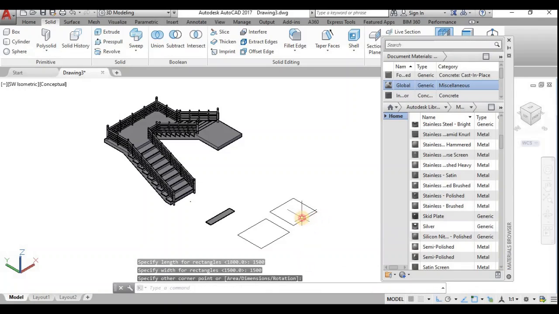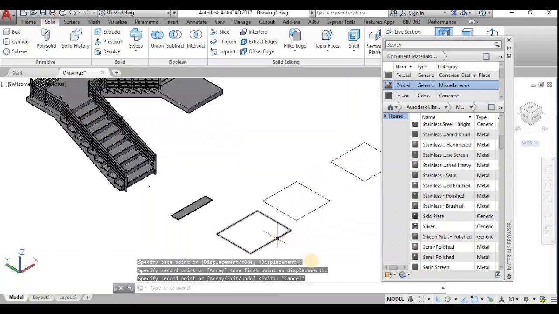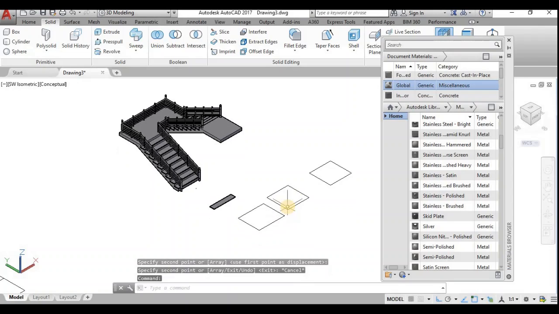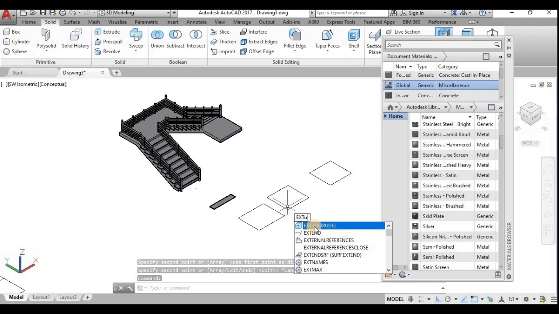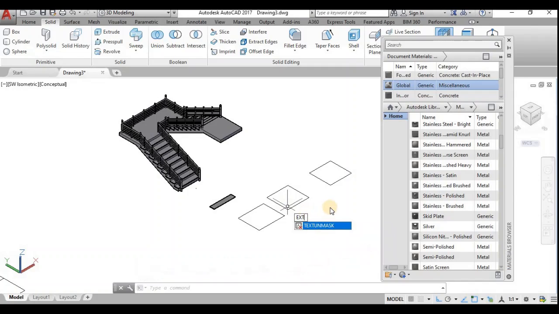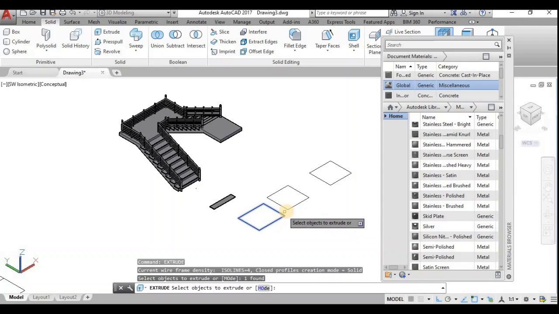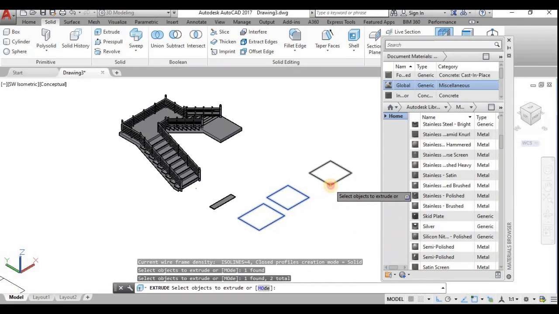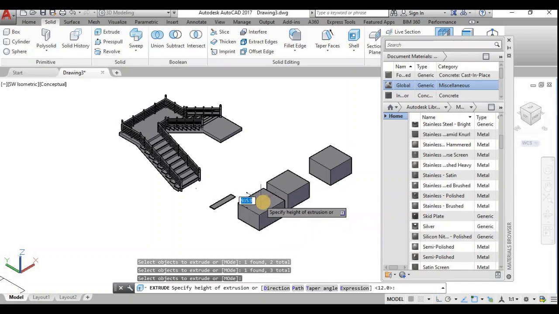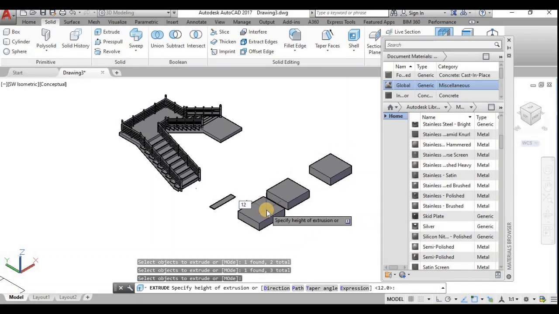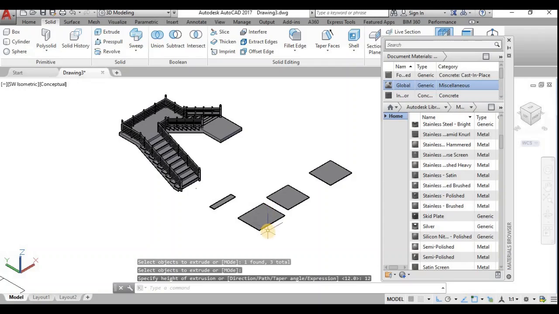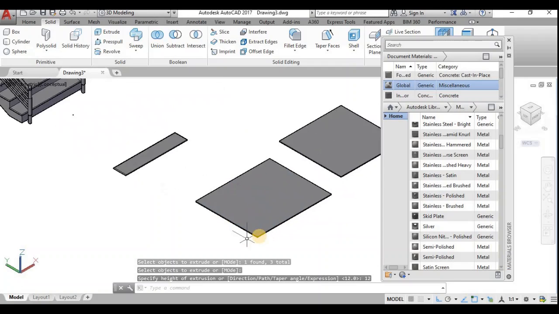I shall copy this and extrude all three by a thickness of 12 mm. Now I have extruded.